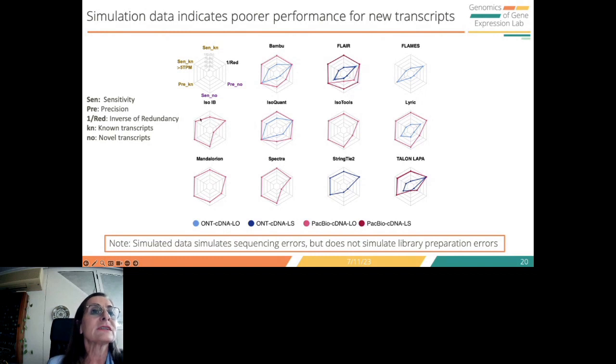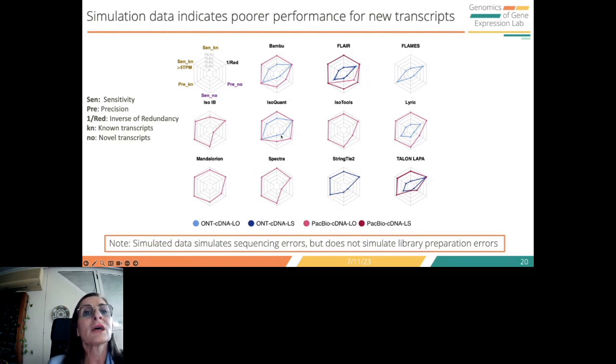So what we see here is that in general, again, we have good values for most tools regarding the known transcripts, with high sensitivity and precision. You can see them all here. However, when we evaluate the novel transcript detections, results start not to be as good. For example, Bamboo, going from almost 100 precision and sensitivity, we go into values around 50%. Flare is a little bit better, especially in combination with short-read data. Mandalorian probably was the tool with the best performance overall,